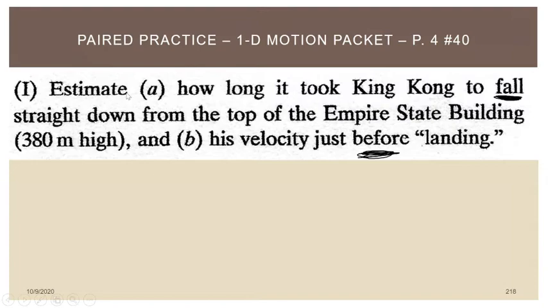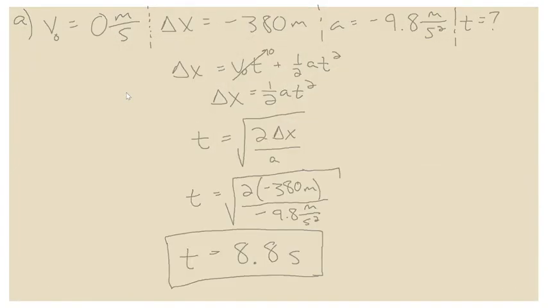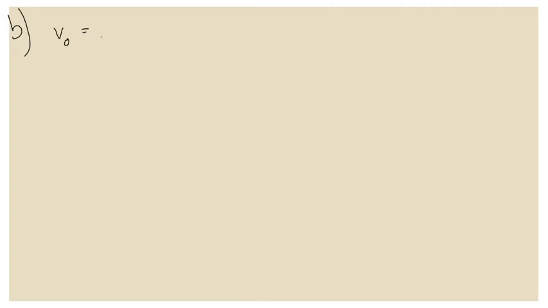Okay, so here we have to find the final velocity of King Kong just before he hits the ground. Because this is a part B, I'm going to go ahead and treat this as an entirely separate problem and rewrite my known. So I have the initial velocity is 0. The acceleration is negative 9.8 meters per second squared. Now, in my opinion, there is one equation that you could use here that is significantly easier to use than the only other equation that would allow you to answer this. Having said that,